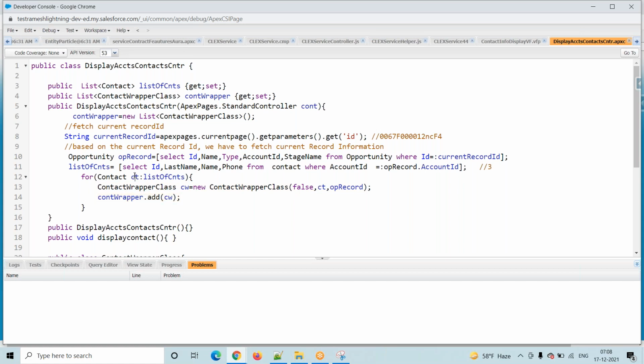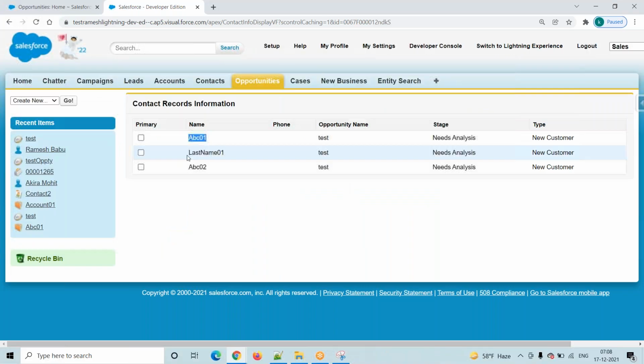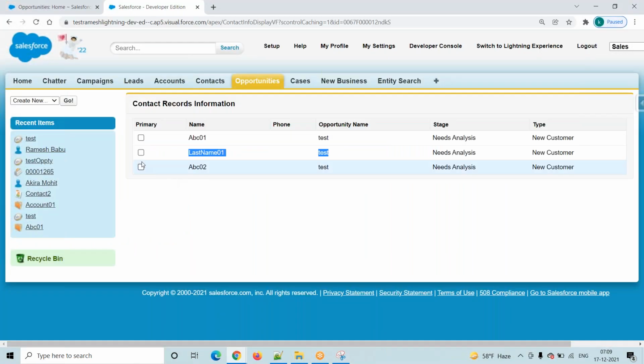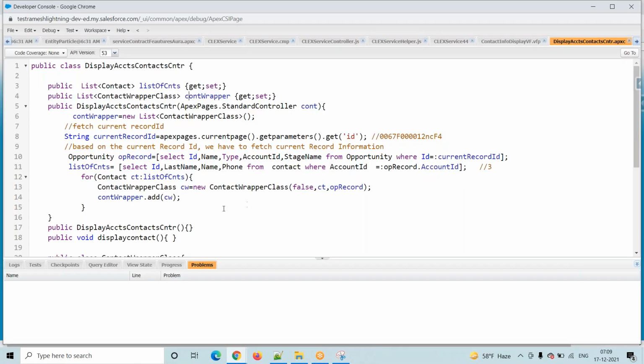Now again it will go to the second contact. For the second contact also it will prepare the second wrapper record and add it to this list. For the third contact record also it will add the wrapper record. So finally, at line number 4, we have one list. In this list all these wrapper records are there.